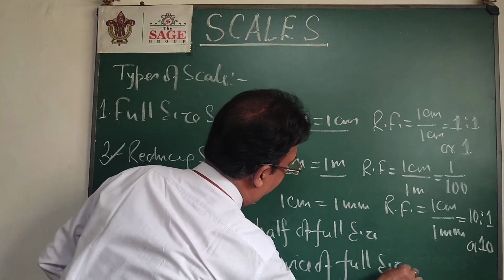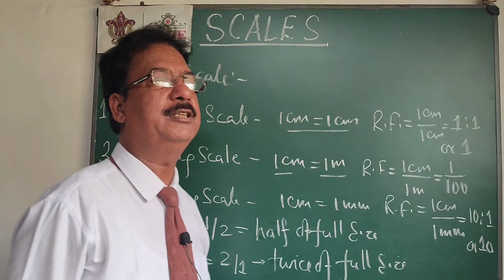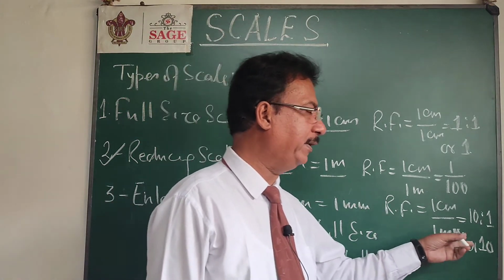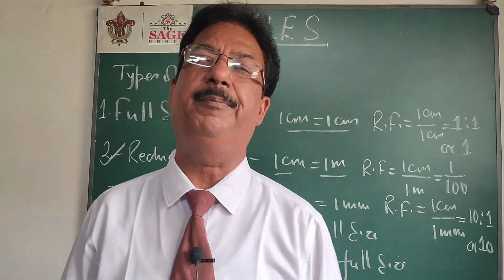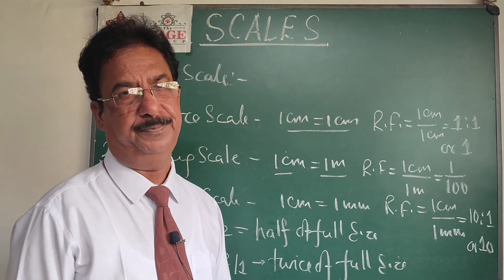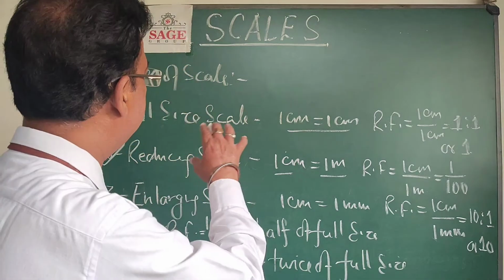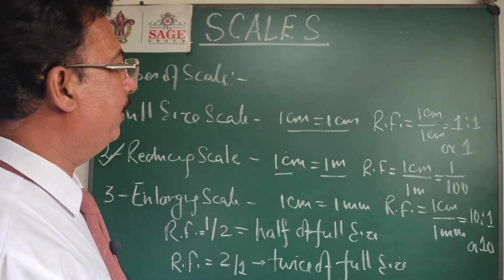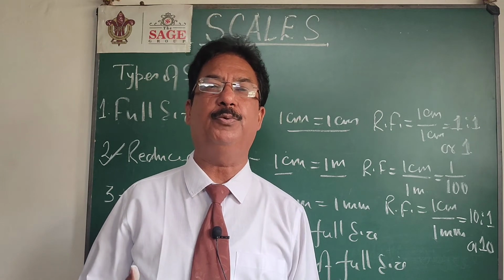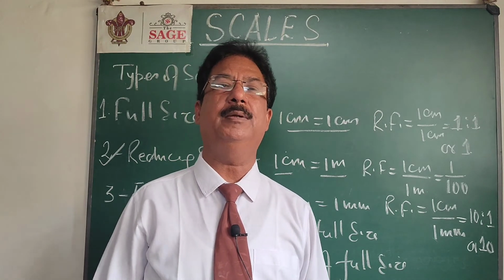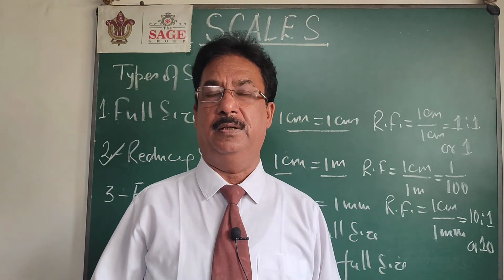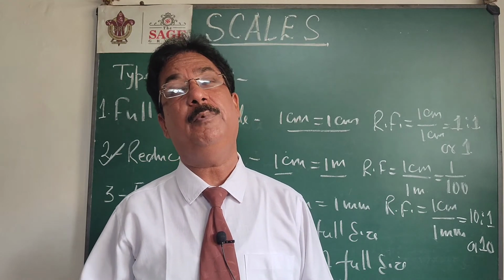So you can compare all the scales, reducing and enlarging scale, with respect to full size, because full size will be 1. If I am using an RF of 10 is to 1, or you can say 10, it means I am using a scale which is 10 times the full size. I hope you got this concept. So initially, for making any scale, we have to find out its RF, and that proportion will be given in the problem. The proportion may be given in the same form that I have written, in the form of a linear measurement, or maybe in the form of area also.